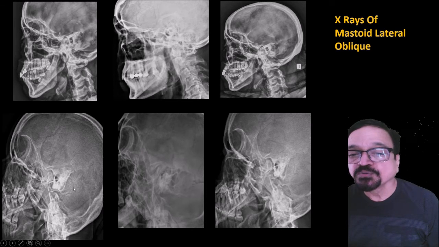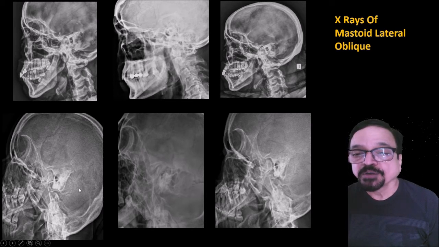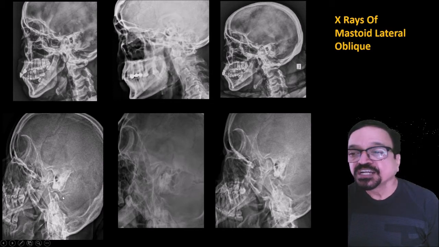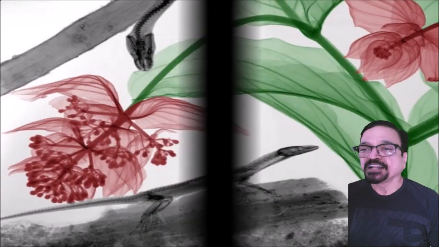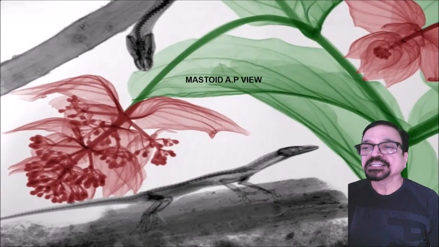The angulation is given to both. It is not a proper skull lateral position. Number 1, number 2, cephalad angulation may be correct, but the distortion of the mandible is too much. So distortion of the mandible gives you a correct idea whether the Schuller view is taken properly or not. 15 degrees will give least, and 25 degrees or 30 degrees will give you maximum. So you will have to get a correct projection of the mastoid free of distortion for proper evaluation.